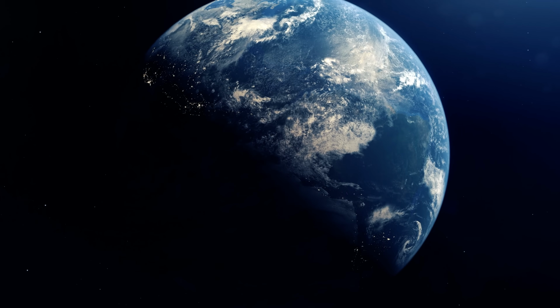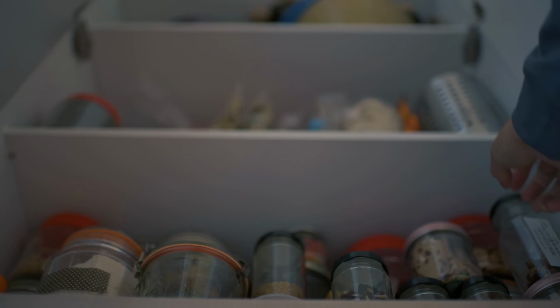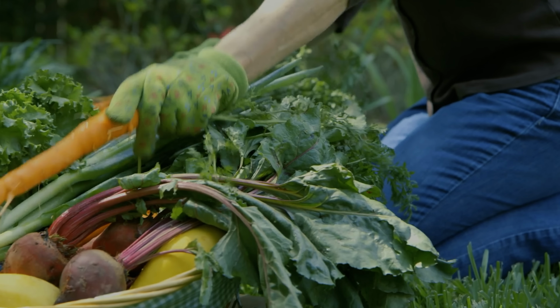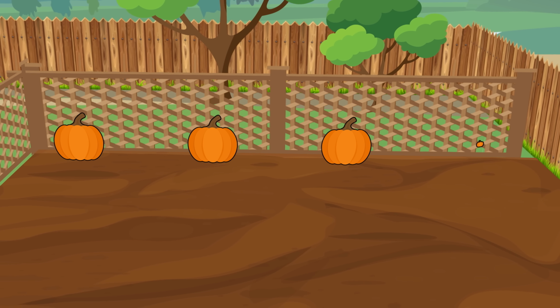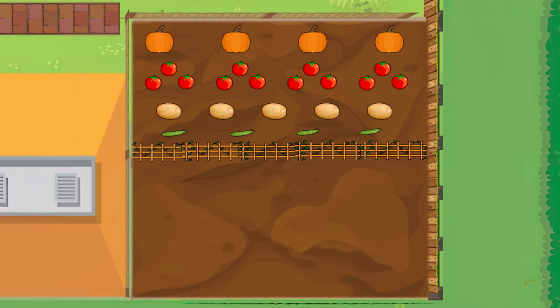If a national disaster thrust us back into the dark ages, emergency food supplies will eventually run out. You absolutely need to know how to grow food, or else you and your family will die of starvation. In today's video, we are going to show you a simple step-by-step guide on how to organize your garden to